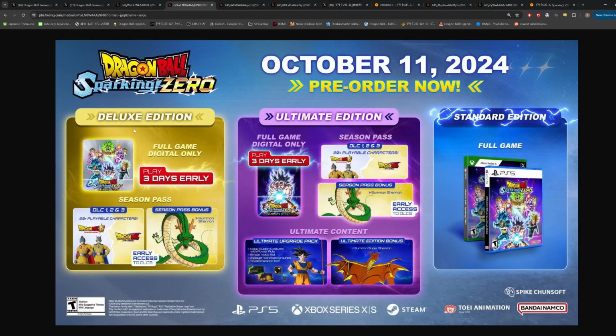So the deluxe edition is kind of like the mid-tier edition. And then the ultimate edition is, as it says, the ultimate edition. That's the highest tier digital version of the game. So the deluxe edition is going to come with 3 days early access, and it is also going to come with the season pass. So you're going to be getting access to DLC 1, 2, and 3, which we actually